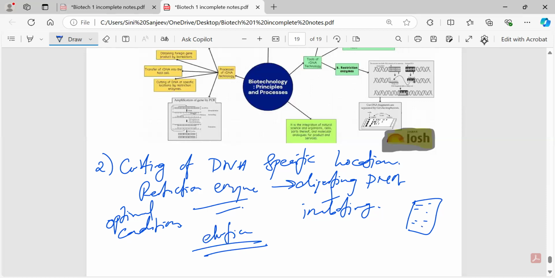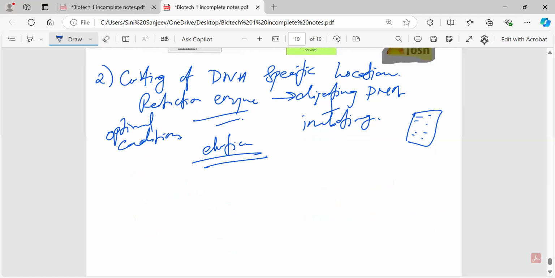That you are doing through what? The gel electrophoresis. Now, once that process is done, you are just going to get one small copy maybe of that particular band. But that is not enough for your entire procedure, because you have to run that procedure plenty of times. So every time you cannot isolate it and then again use it and do the same repeated thing, because it is a loss of money as well as loss of time. For that you have the third step, which is called what? Amplification